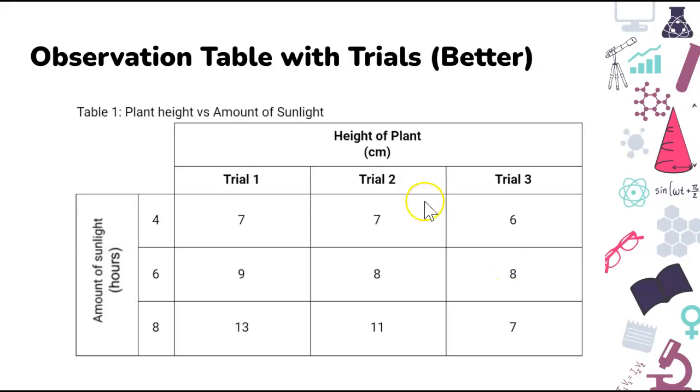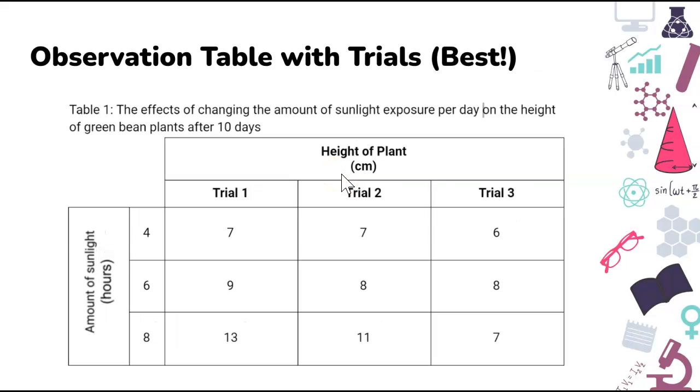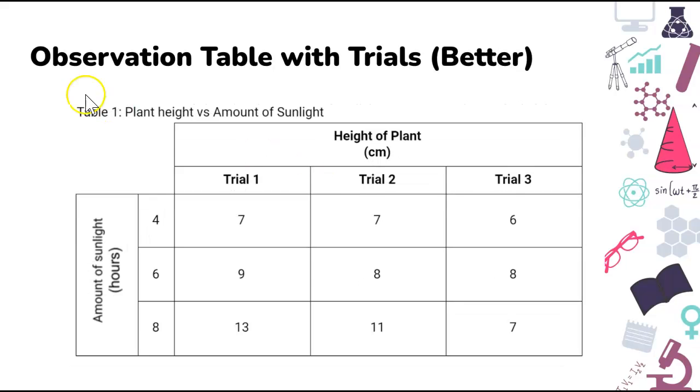Now, looking at our table again, this is a much better table. Why? Because we have more data. It's laid out a little bit better, all right? But we still have one more thing we can fix, and that's the title. All right, so that title that we had previously was plant height versus amount of sunlight, which is our independent variable versus our dependent variable. That's a fairly decent way to describe what the information is in this table, but it leaves out a lot